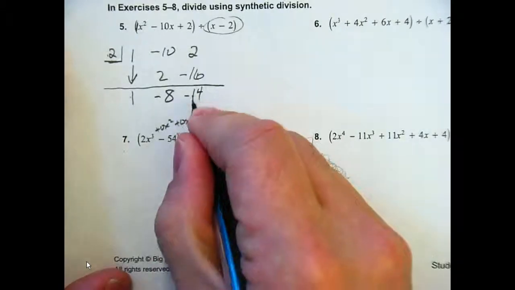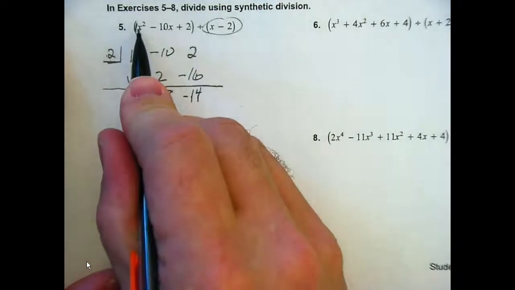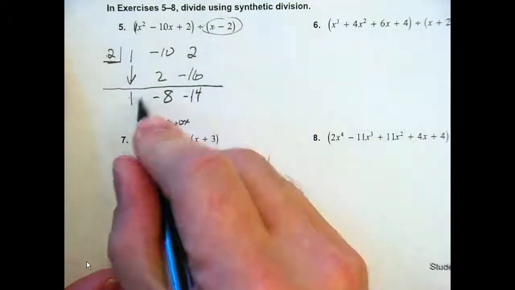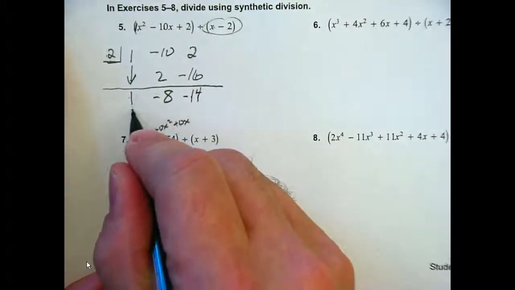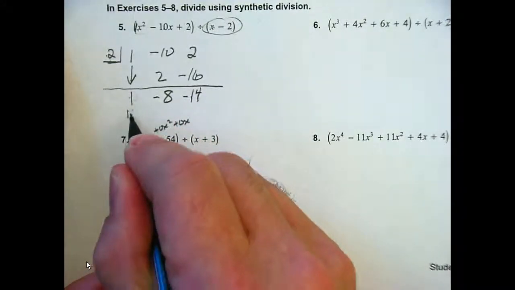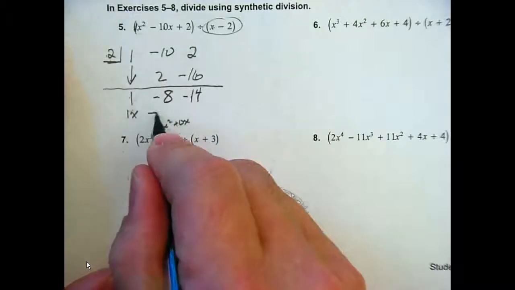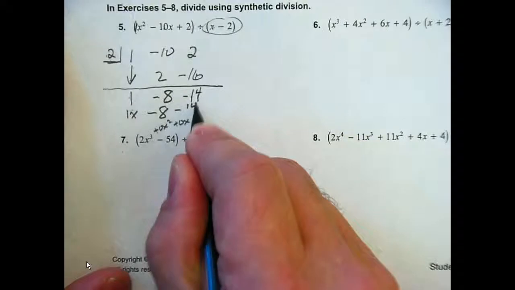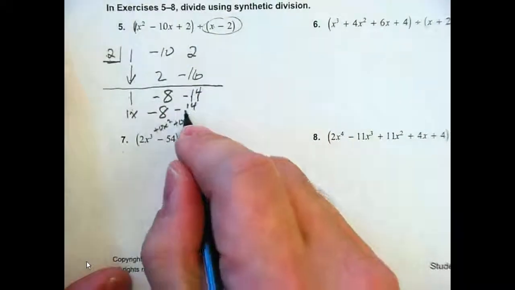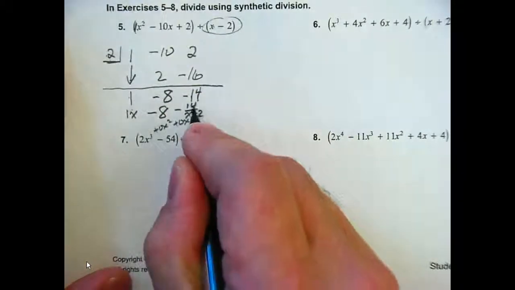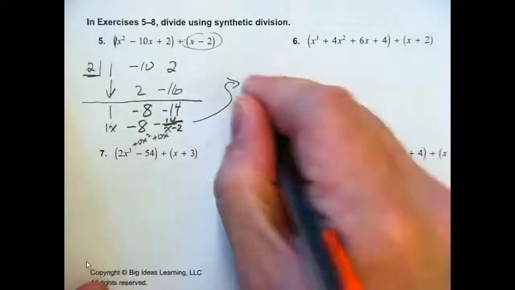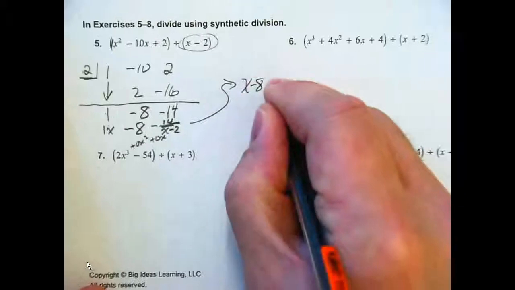And that part right there, we are now done. Notice, this is x squared, and we're dividing it by x. So this 1 represents 1x minus 8 minus 14 over our x minus 2. That last number is our remainder. So we get x minus 8